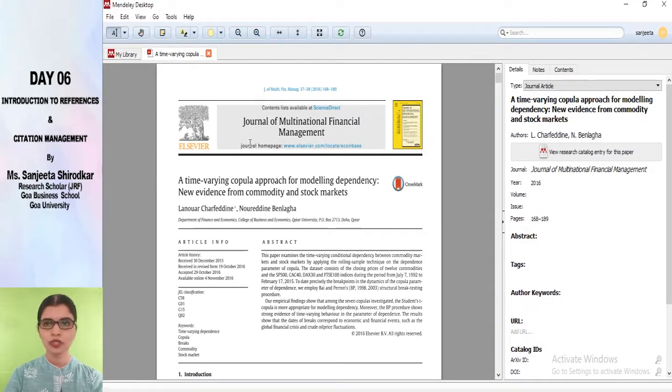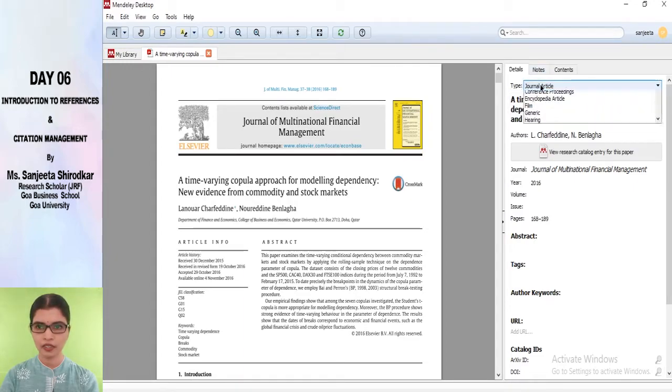So what you could do is, since most of the details you can't see over here, you just try to find out these details in the paper and fill in accordingly. So here in this case, the names of the authors are written properly. Check if the title is written properly. The title is also written properly. Just check the type. This is a research article.